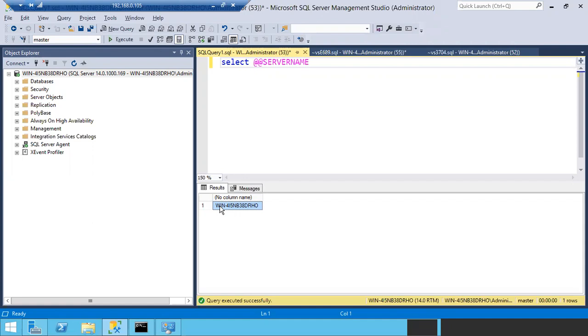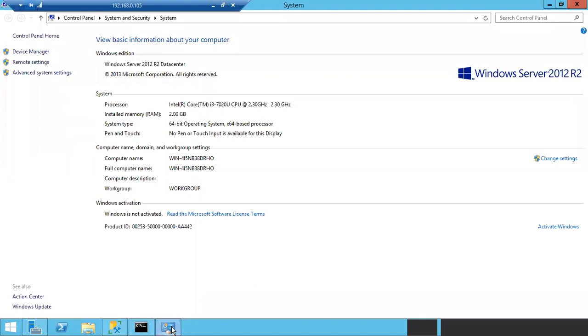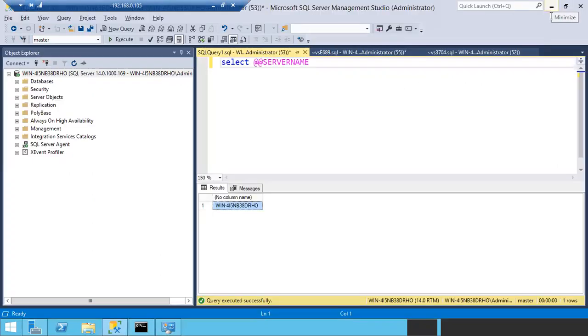So in what scenarios can we change the server name? Only for a default instance. That too, if anyone changed your computer name, then you have to change your SQL Server instance name. You have to simply update it. Only for a default instance you can change the server name. For a named instance you cannot change it. Got my point? Only for a default instance we can change the server name. For a named instance you cannot change it.